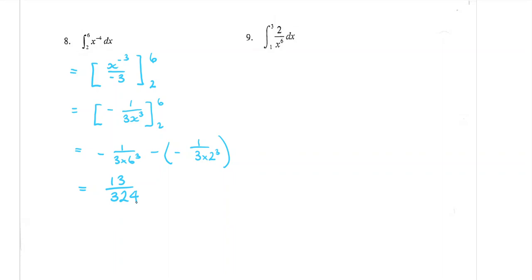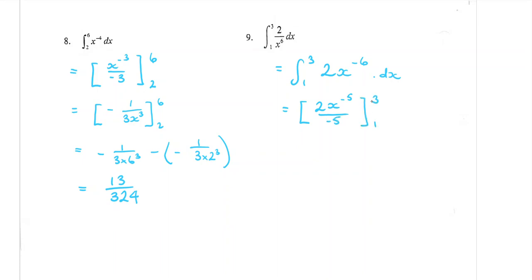Okay, but while we have fractions, we can't integrate. This one though, there's no x's that you can cancel out on the top and bottom, but you can bring that x up and give it a negative power so that you can integrate it. So that would be integrating between 1 and 3. The 2 is the same, but the x comes up to be x to the power of -6 dx. Okay, now it's like question 8. Put it in some square brackets, keep the 2, add 1 to the power, makes -5, good, over -5